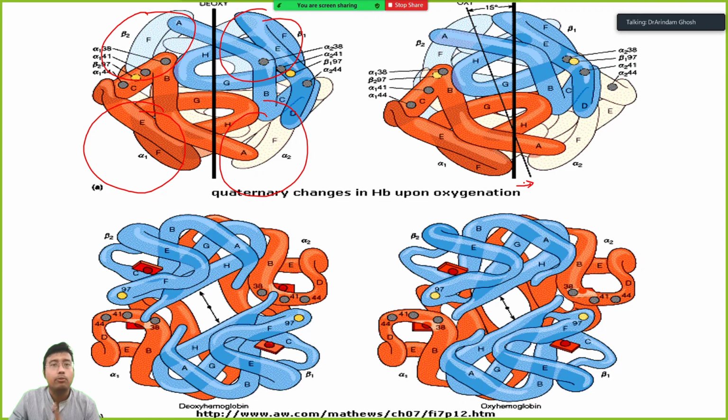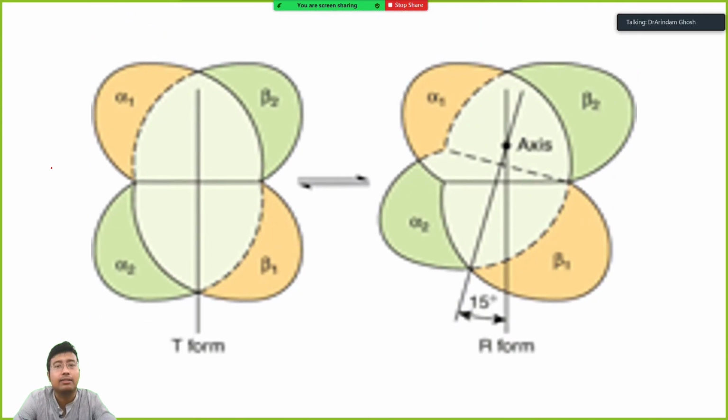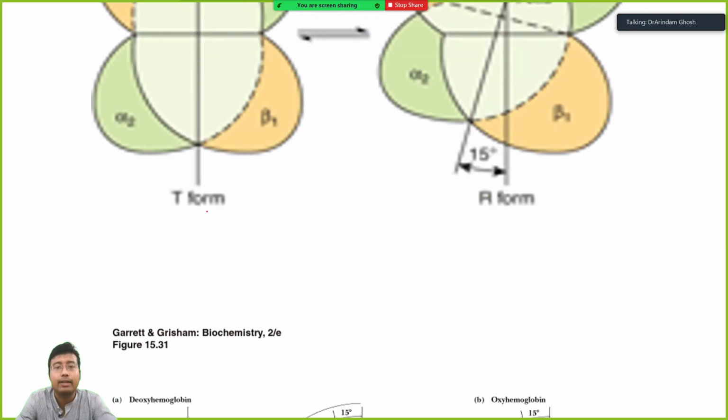So if the examiner asks in viva to state two changes in T form and R form, you will have to say, sir, in hemoglobin the heme iron is in a more planar configuration, and during oxygenation the alpha 2 beta 2 dimer rotates 15 degrees. Very important, it rotates 15 degrees. Okay, you will find this in your diagram. So in R form the axis is rotated 15 degrees. In T form there is absolutely no rotation, it remains as it was. After salt bridges break, R form will rotate 15 degrees.